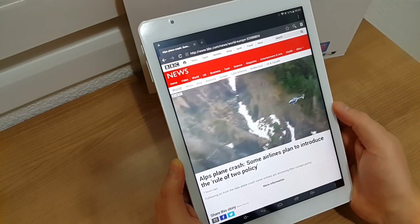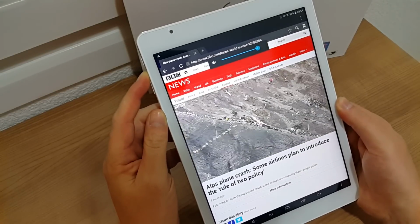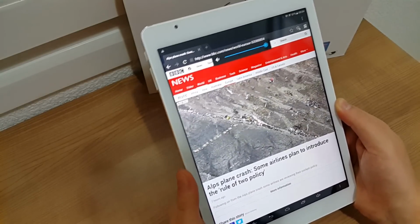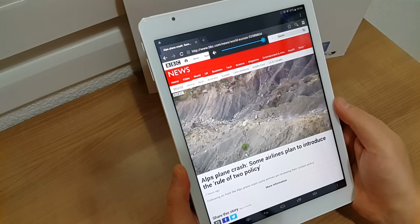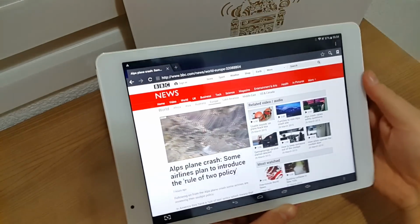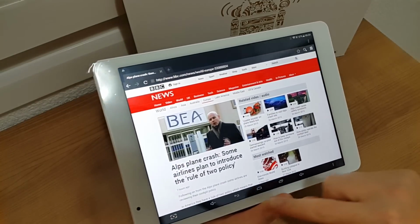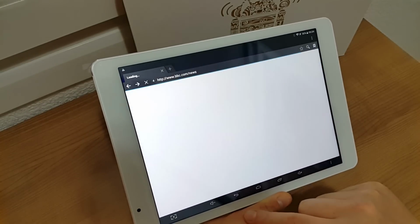The fate of Flight 9525 is no longer a mystery. In its final moments, the captain left the cockpit and the co-pilot began the fatal descent. Attention now is focused on why the co-pilot chose to crash a plane carrying 150 passengers and crew, apparently deliberately. Although we do already know a great...